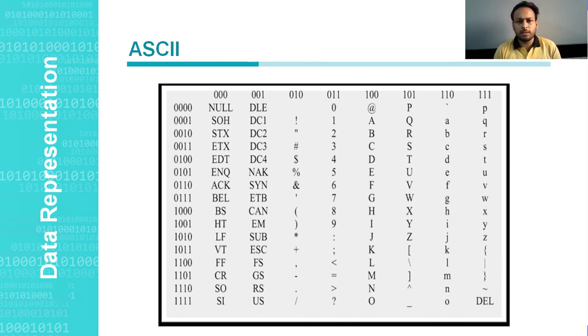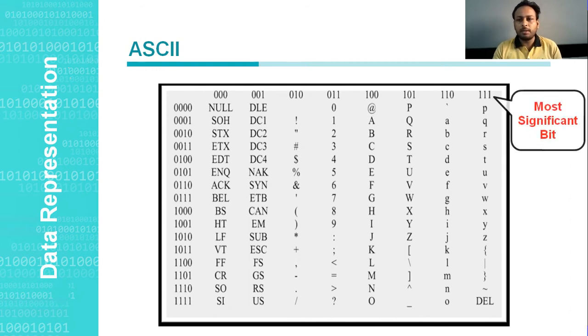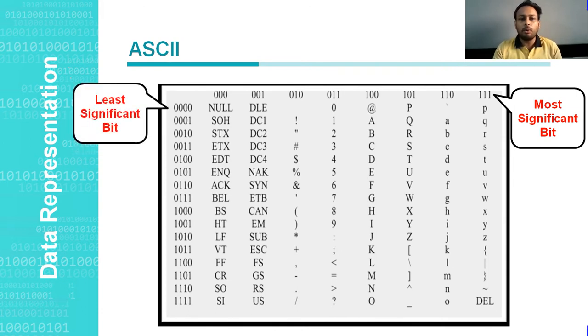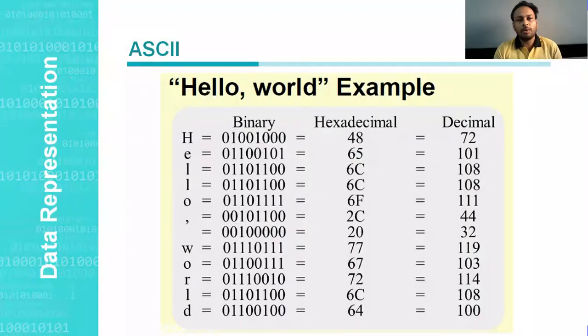In this figure, all numbers are assigned bits. Let's take an example: the first is called the most significant bit, and the second is called the least significant bit. Whenever we write any number, we write the most significant bit first, then the least significant bit. Let's take the word hello, and convert it into memory codes. H is 0 for the 8th bit, which is unused, then 100 1000.